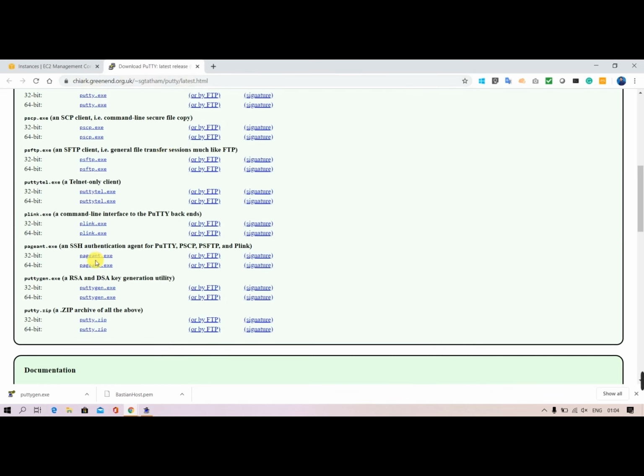Go here, and you can find puttygen.exe. Click on this exe file, and it will automatically download to your local machine. Then download pageant.exe as well, which is the authentication agent. I will walk you through how we can use that.